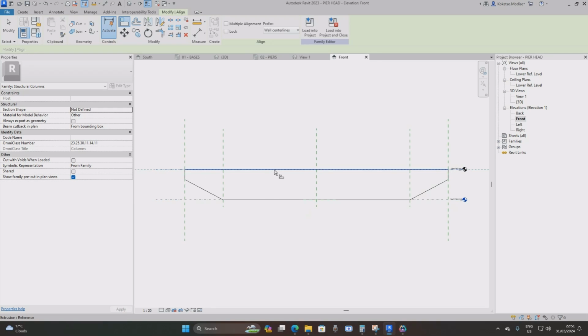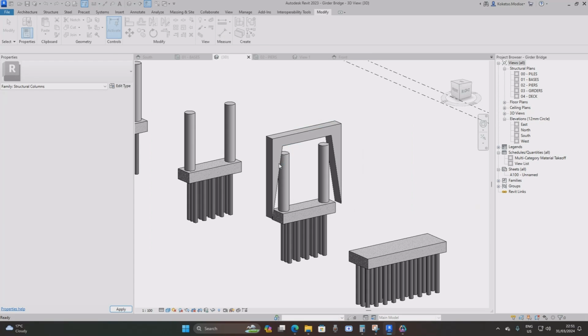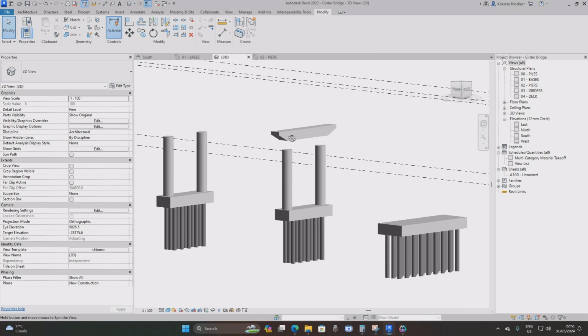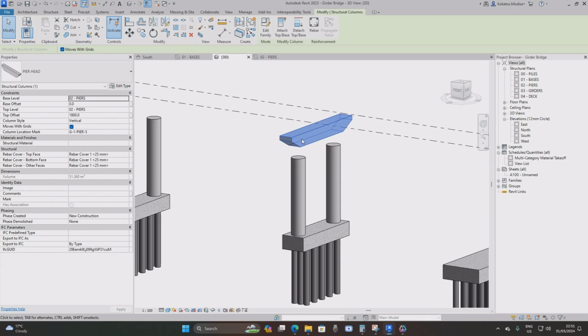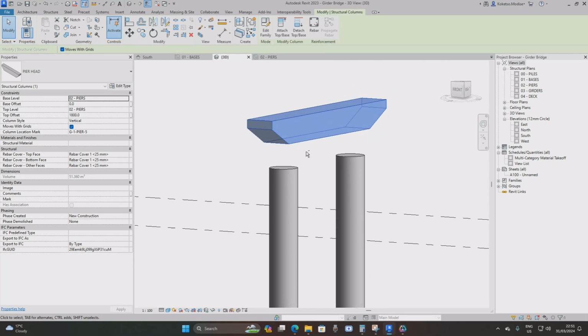Then just lock everything. Go into project, yes. Override the existing version. Perfect. Now it works. I had to lock the reference planes onto the geometry in order for us to control the